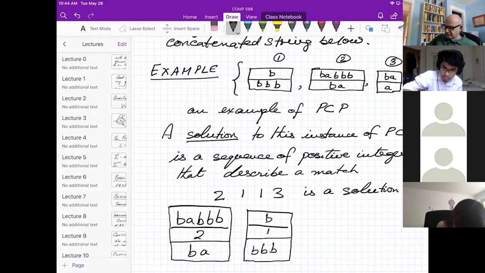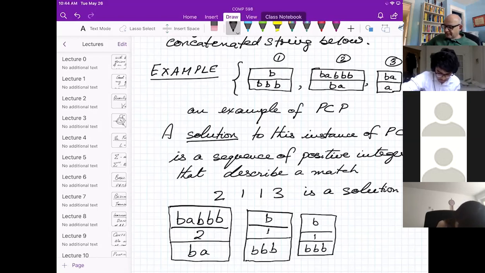You can say, oh, that's pretty good. My BABBB matches the BABBB there, but of course there's a B here. So then you put another type 1 tile. So now I've got unmatched BB on top, BBB on the bottom, and a type 3 tile has exactly what I need. It's got an extra B on top.